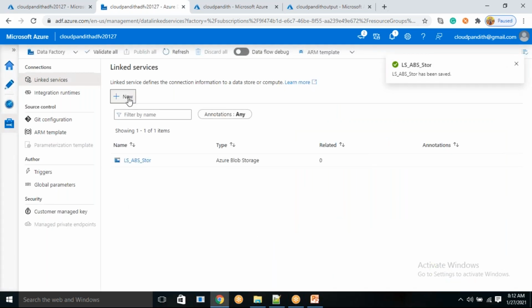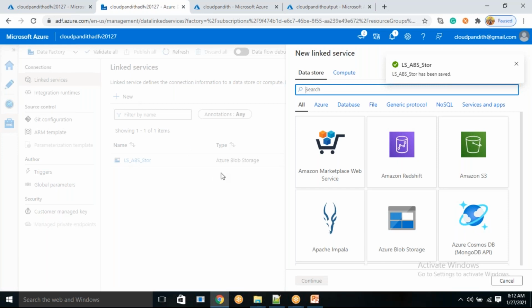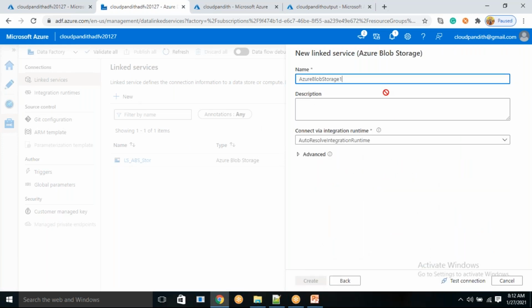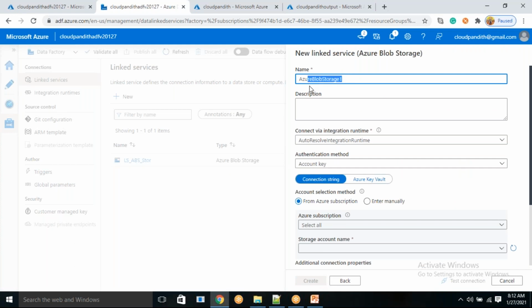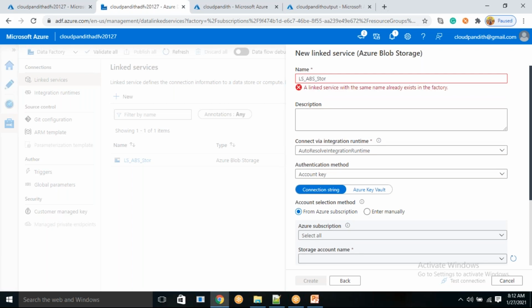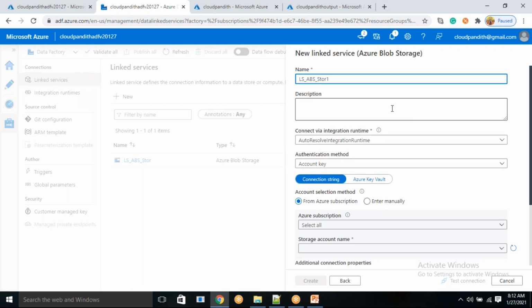Next, click new. Let's click on Blob Storage and continue. This is the linked service for Azure Blob Storage, basically for store 2.